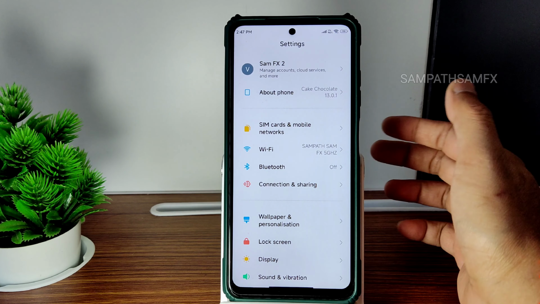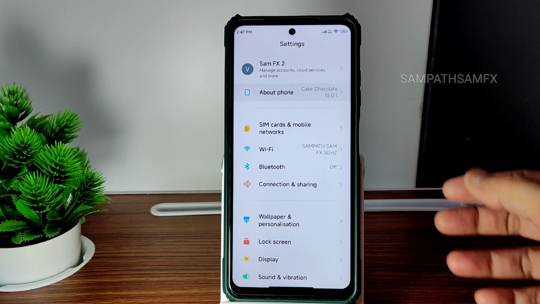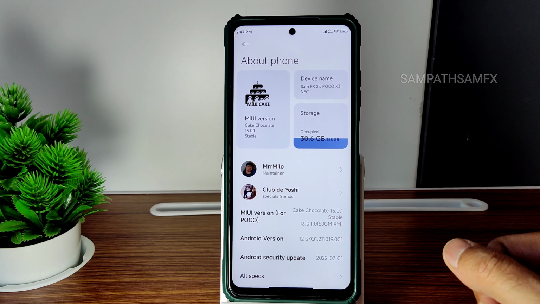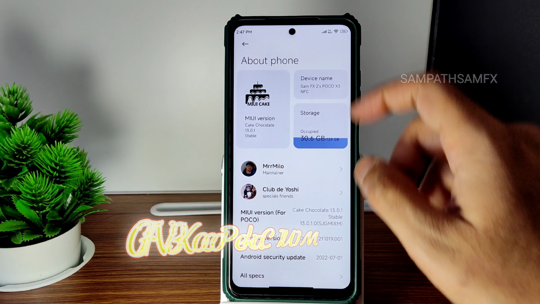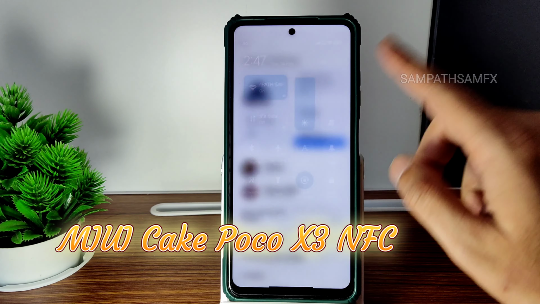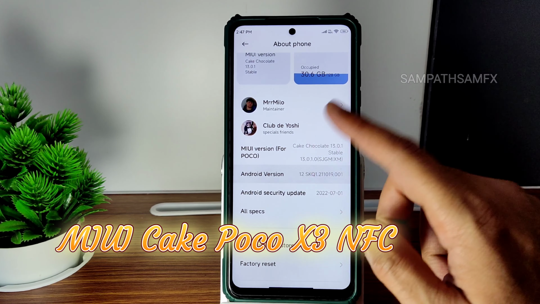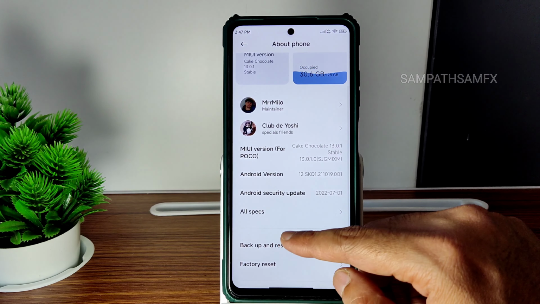This is Sampath. You're watching Sampath Samfx YouTube channel, and this is Poco X3 custom ROM, Miui Cake 13.0.1 version. And this is a quick settings panel. You can see here Android version is 12 and security patch is